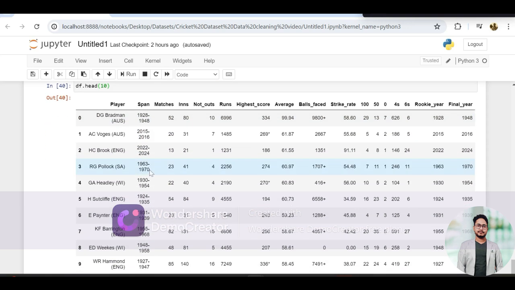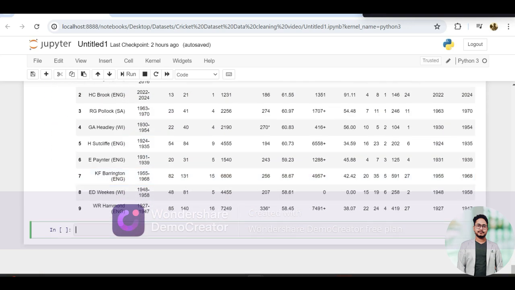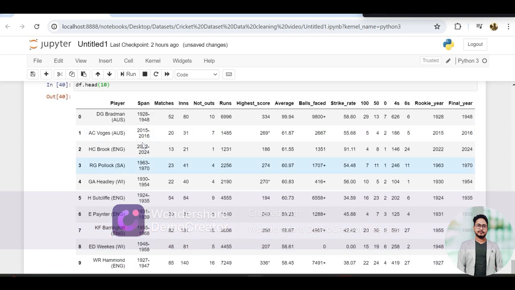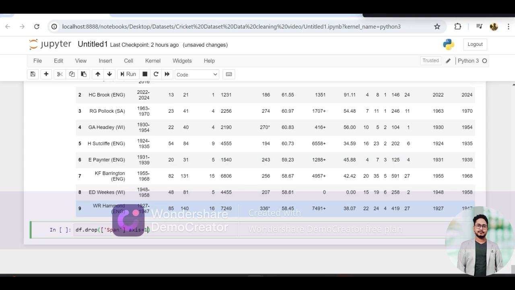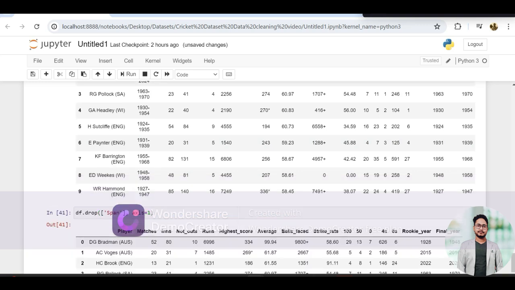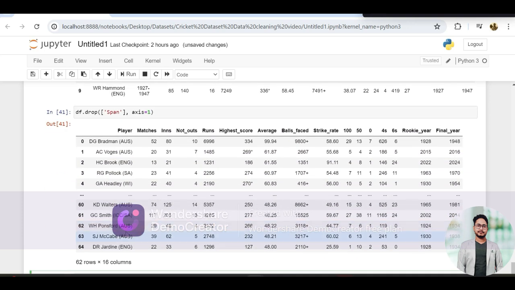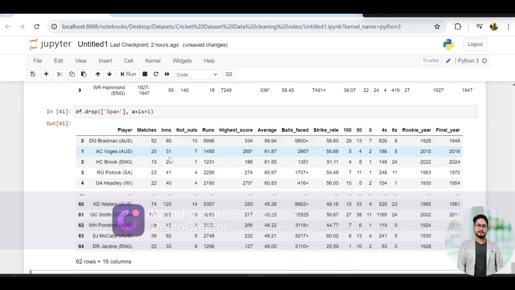And once it is done, we don't have necessary requirement for the span column. Let's just df.drop and drop the span column. And since we are dropping, we will use axis equals to 1 because we are dropping an entire column. If we were to drop any rows, we will mention 0. So let's give a comma and enter. So as you can see, the span column has been dropped, but we have to save it in df also